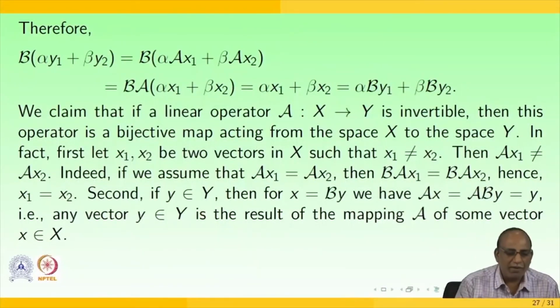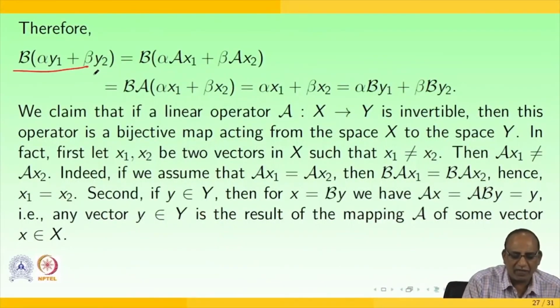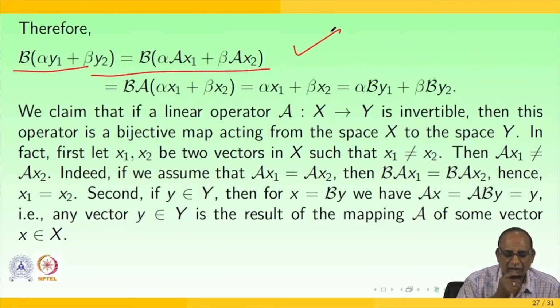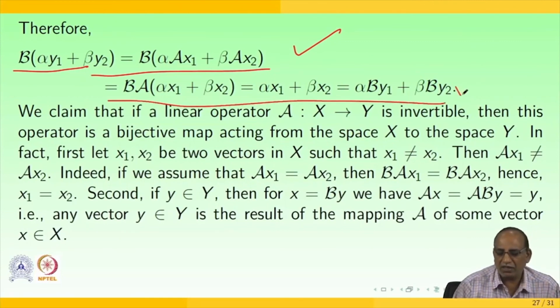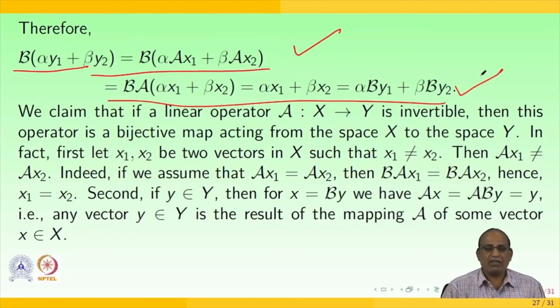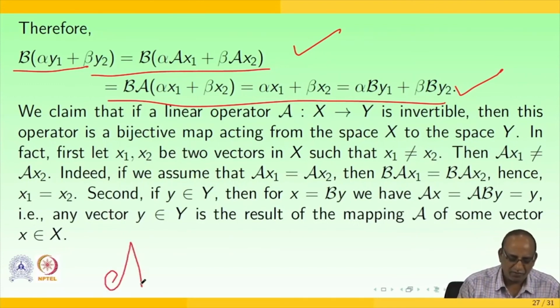So, therefore, beta times alpha y1 plus beta times y2 is nothing but beta times alpha into A x1 plus beta into A x2. So, this is the equation which we got. That is, alpha x1 plus beta x2 is equal to alpha times beta of y1 plus beta of y2. So, we claim that if a linear operator A from X to Y